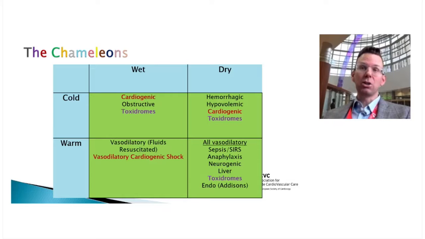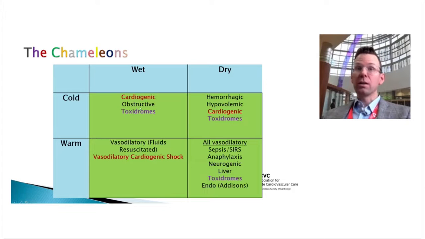The challenge, and the big challenge, is you've got a few chameleons, guys, and there are certain causes that can really span this quadrant. The most classic cardiogenic shock is still cold and wet, but there is euvolemic cardiogenic shock, and these are classically patients with acute decompensated heart failure who remain Lasix responsive that you've probably seen before. There's vasodilatory cardiogenic shock, where the infarct can result in a cytokine storm, just like a SIRS, and cause inappropriate vasodilation. And of course, toxidromes can present in many different ways, depending on the type of drug you take.